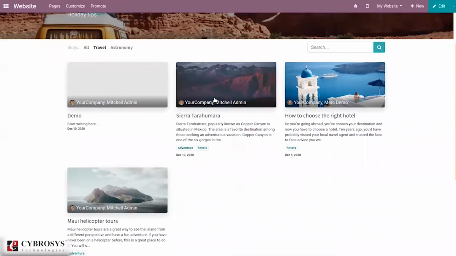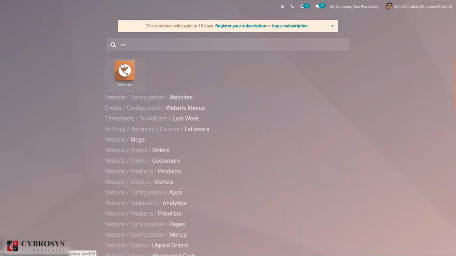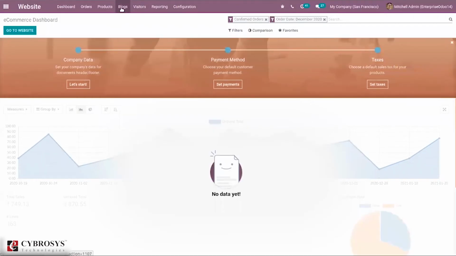As you can see, the demo is added. It is also possible to create a blog from your website module. When you go back to your website module, here you can see a menu created for Blogs. Just click that.